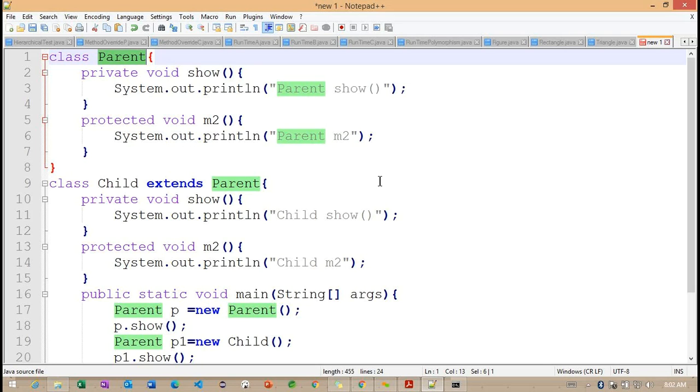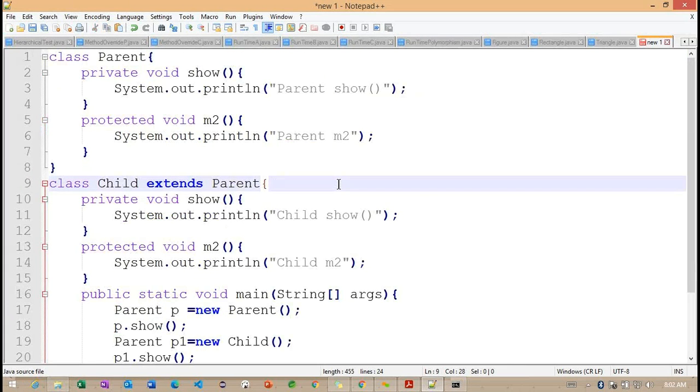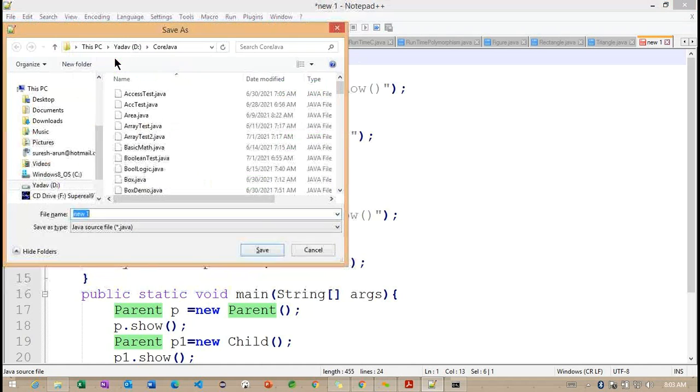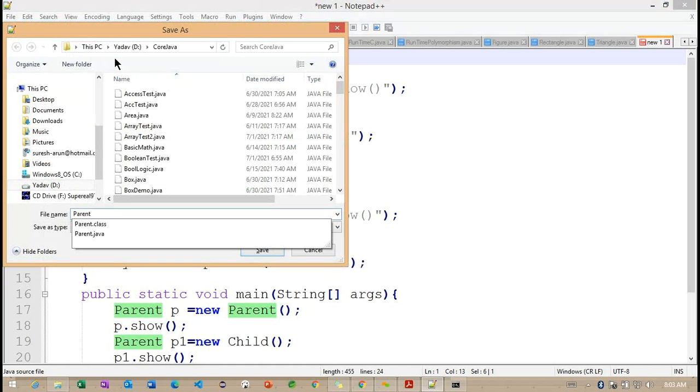Since when the child method is called, since it's protected, right? Probably it will call again the parent method, parent m2. Okay. So to run this particular example, maybe we are already having parent here. Let me change the name of the class.